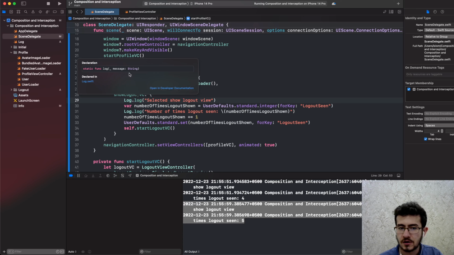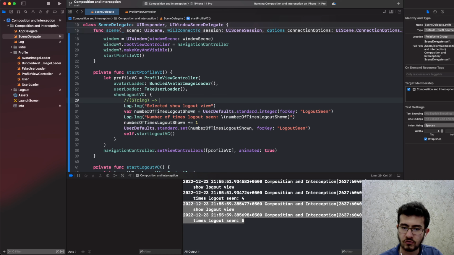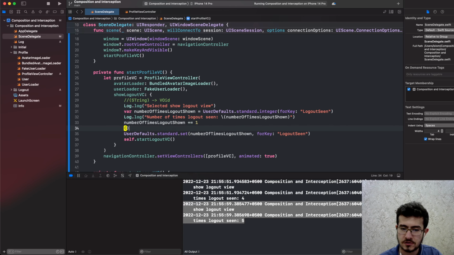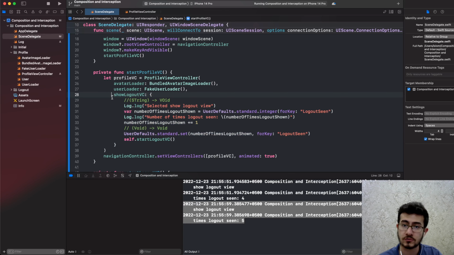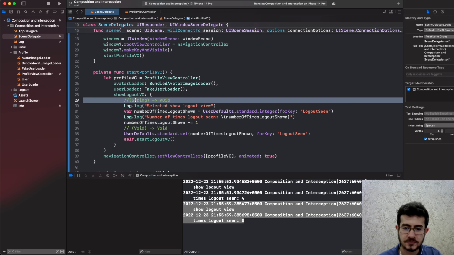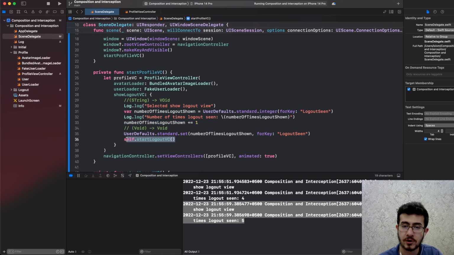As you can see, log just accepts string to void, right? But this one is void to void. And because logout VC is a closure, or in other words, a polymorphic interface, we can chain stuff and use this as a hamburger, let's say. So this is the bun, and this is the meat, and this is the bun again on the bottom. So this way you can chain